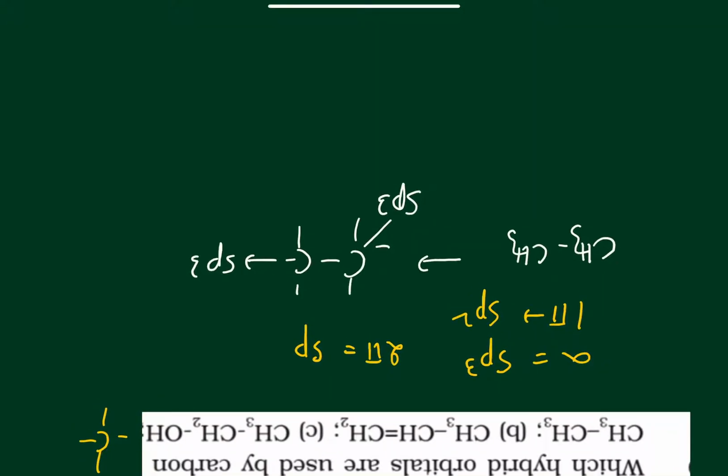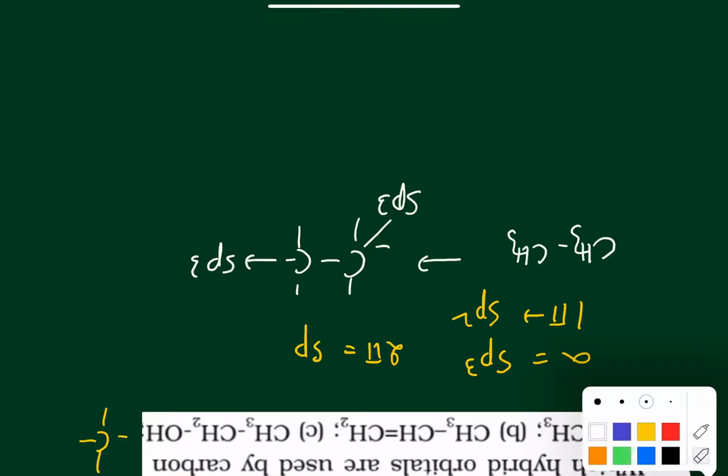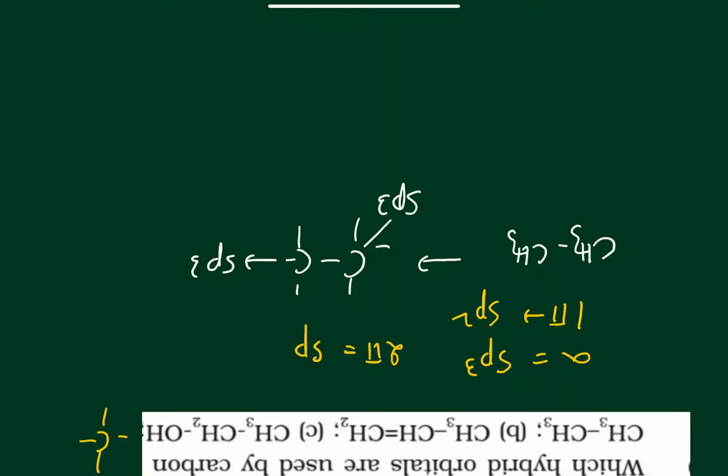In the second case, in the first part of this structure, 3 hydrogens form a single bond only, so it's only sigma bonds, so this will be sp3. Here you see 1 sigma bond, 1 hydrogen, another sigma bond, but here there is a double bond. That means there's 1 pi bond involved. 1 pi bond means it's sp2. Here also this double bond is equally valid for this carbon, so this is also sp2.